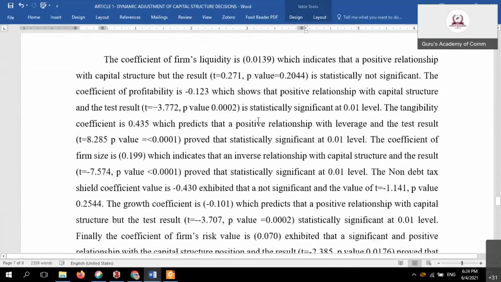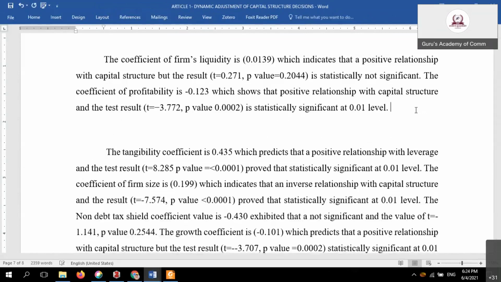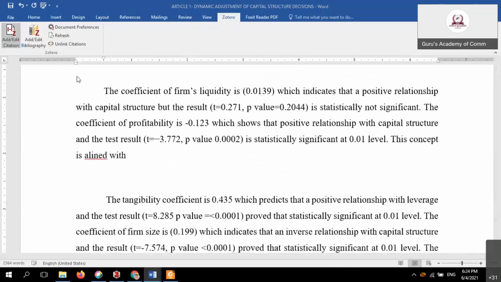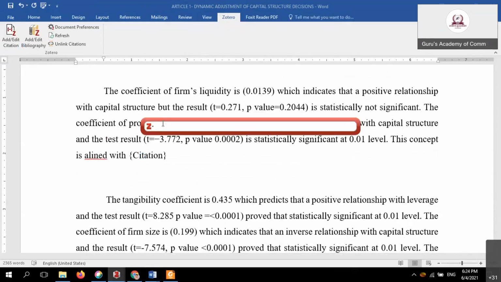For example, if the interpretation side, this particular site, this particular result, for example, this concept is aligned with some more author names from the citation.